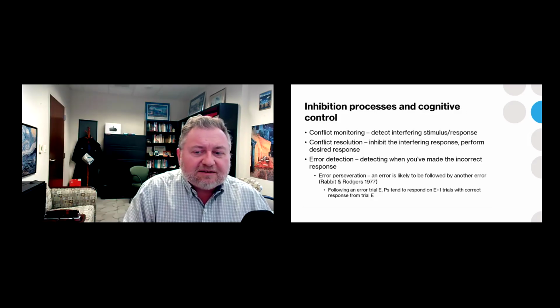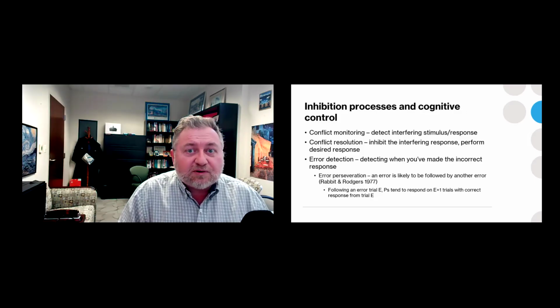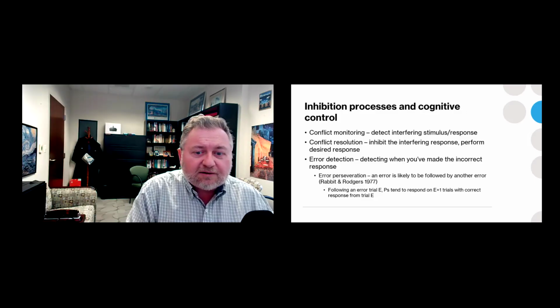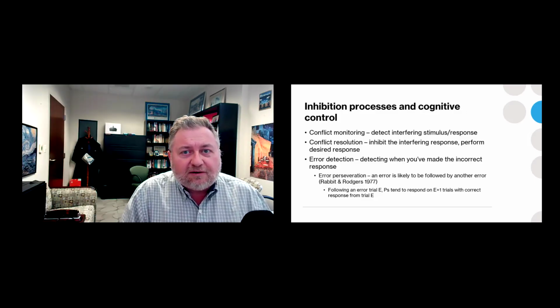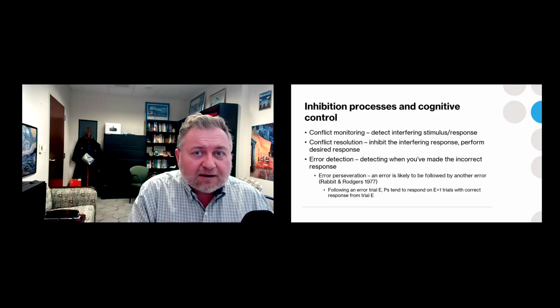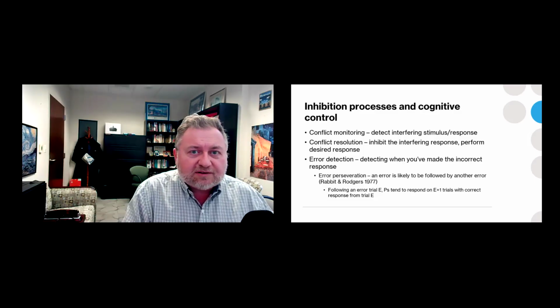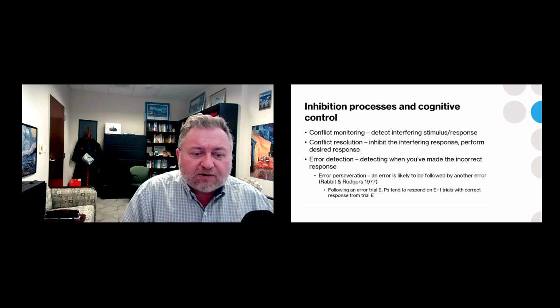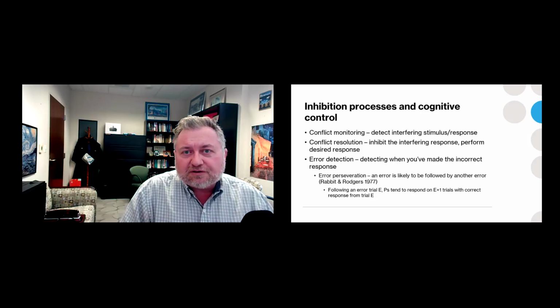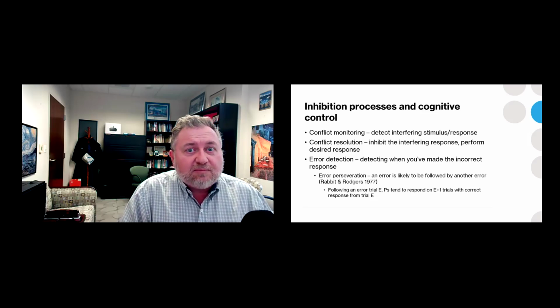And so now my tendency to correct my mistake has persevered into the next trial, which increases the chances of that next trial being an error as well, right? I mean, if we got lucky, maybe the next trial is an arrow pointing left, so my perseveration doesn't cause an error. But this is just going to be 50-50, right? Because that's how these go.